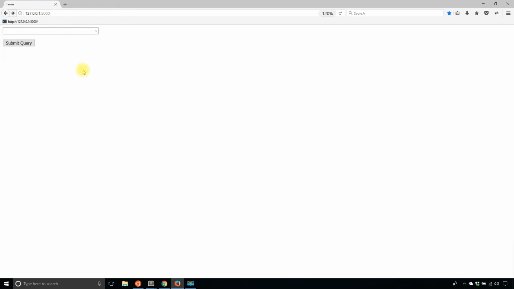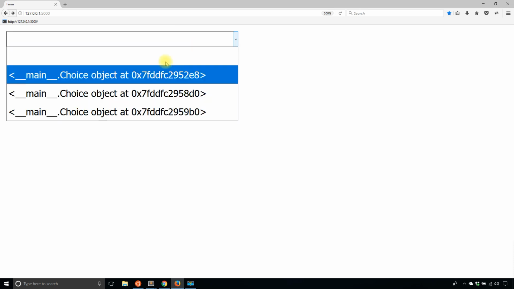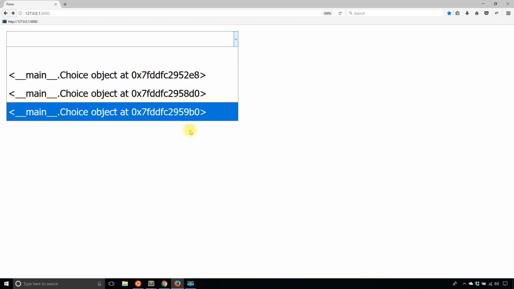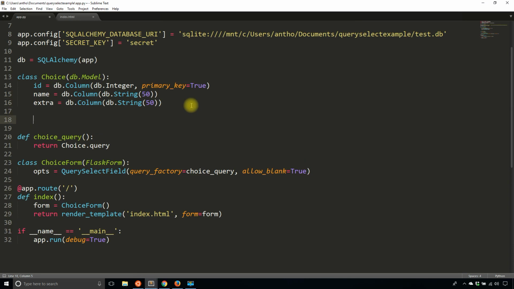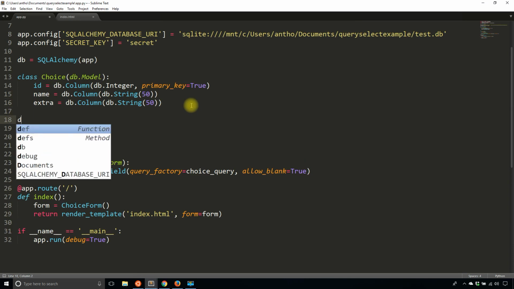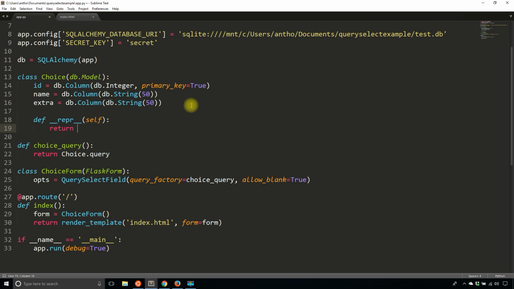These options, let me just make this a little bigger. These options aren't very useful. Like, it's just the choice object in a memory address. So there are a couple ways I can change that. I can either add a representation down here. So a method representation. So __repr__, pass in self. And I can return something like